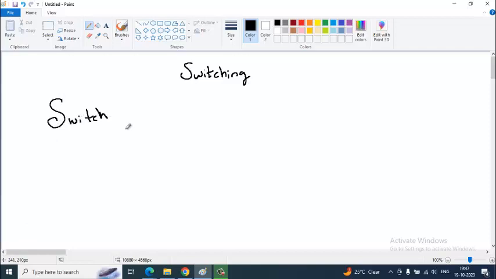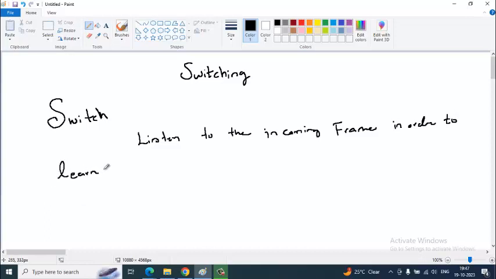Because we learned earlier, switches listen to the incoming frame in order to learn the source MAC of the connected device.